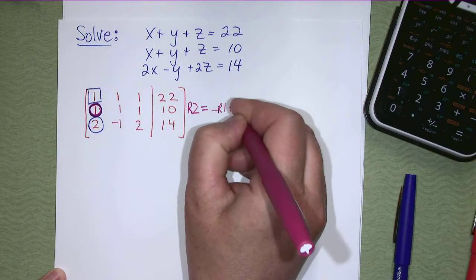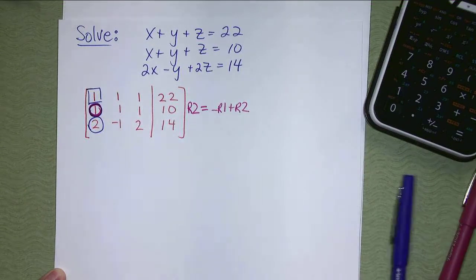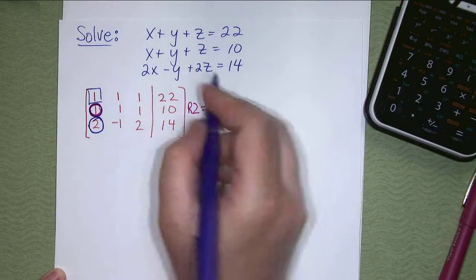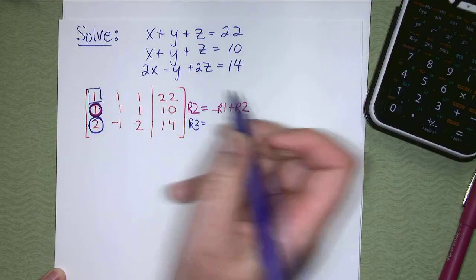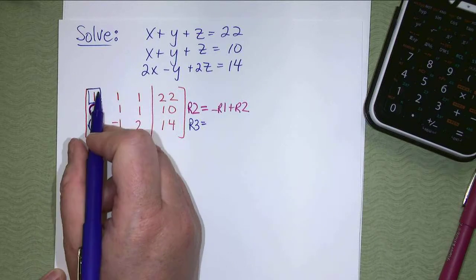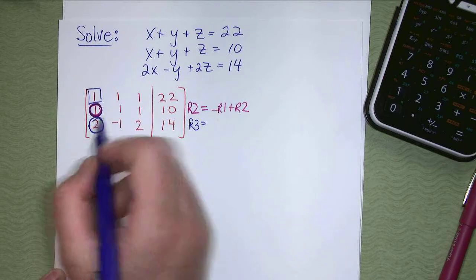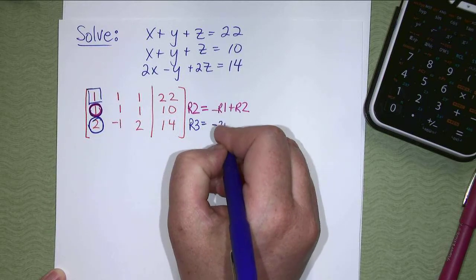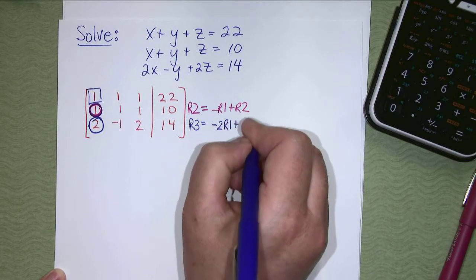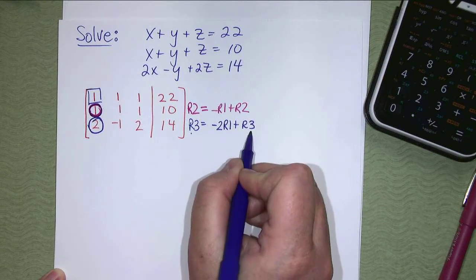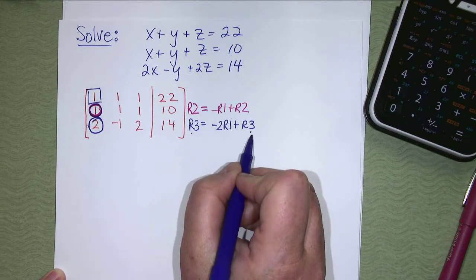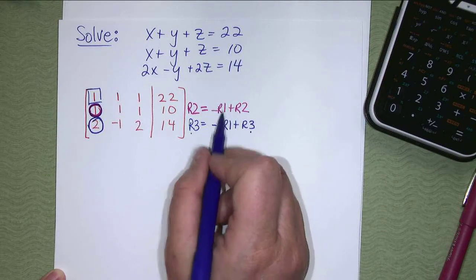And the other one's a 2, that's in row 3. It's a positive 2, so the lead 1 needs to be a negative 2. So negative 2 times row 1 plus row 3. Negative 2, row 1 plus row 3. These two always match, because you're changing and you're adding the same row, and this is always where your lead 1 is, row 1. Okay,